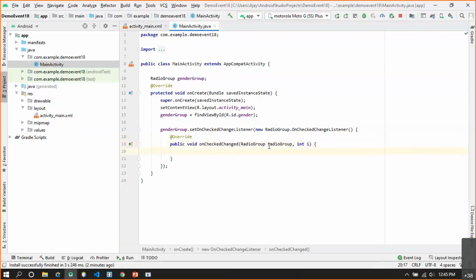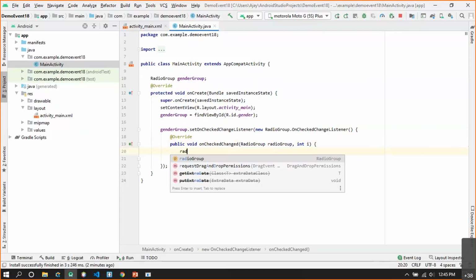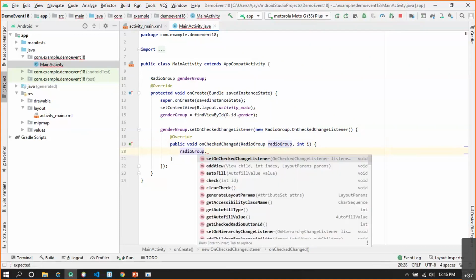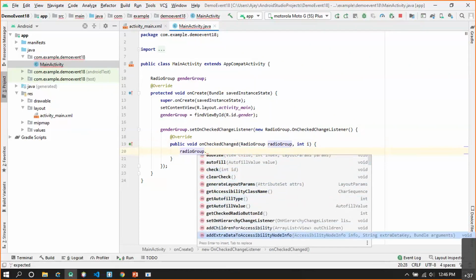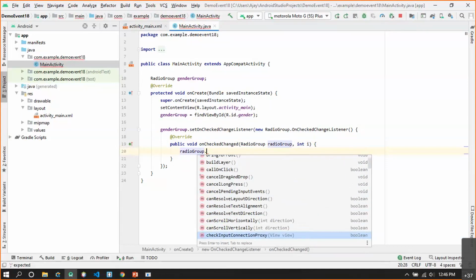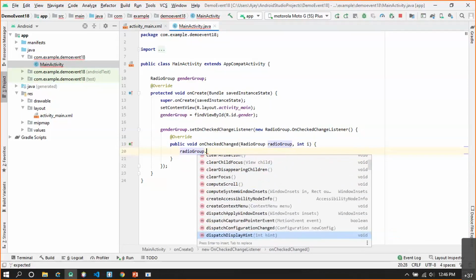Okay, now let's use this argument which is of type RadioGroup, that is the first argument, and let's see what options are available. So I'm not teaching you coding by remembering all the methods. I'm telling you how to write your own code by seeing all the options available inside the IDE and by taking advantage of the IDE's auto suggestions. So let's use the radio group and use dot, and here you can see the options available. Now these are all the add options and set options. We have to identify whether any get option is available or not.